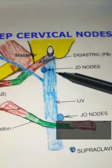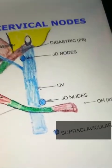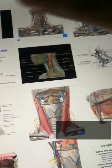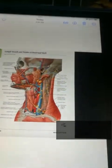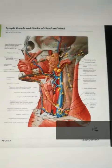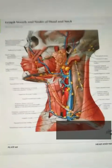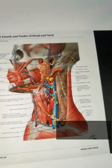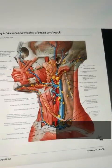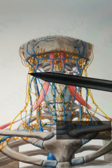You can see them again. This is jugulo-digastric, Kuttner's node. This is the jugulo-omohyoid, the Poyer's node. So we'll be dividing the internal jugular chain specifically into the upper, middle, and lower parts. The upper jugular nodes contain the lymph nodes that are located around the upper third of the internal jugular vein. This is the spinal accessory nerve,